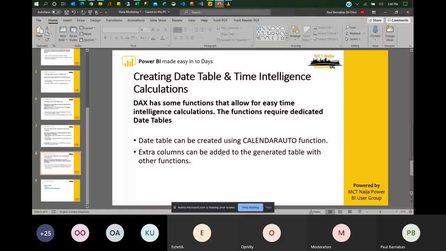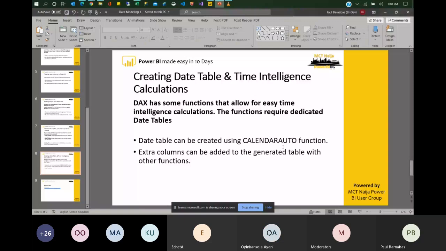So we can use the CALENDARAUTO function to create a date table, which we can connect with a relationship to our other table and then break down our information to granular details from date to week to month to quarter to year.